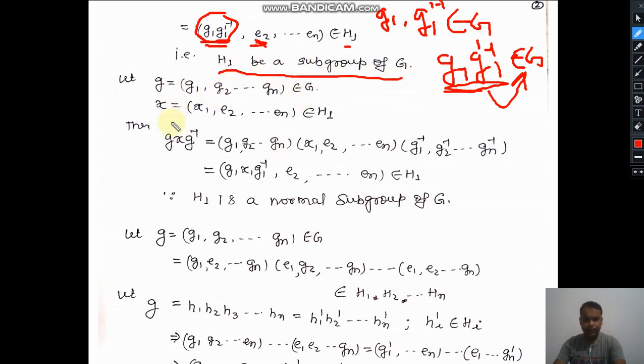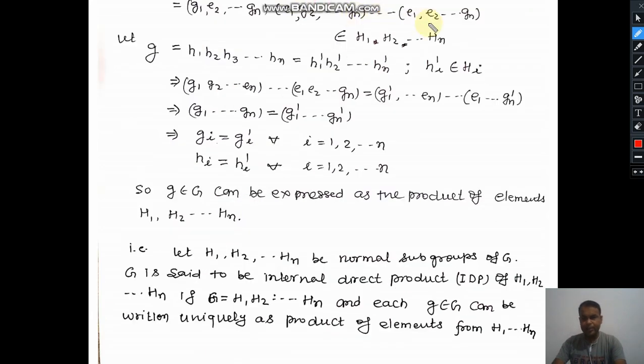Again we wish to show that this is a normal subgroup. So here we are trying to fulfill the definition of normal subgroup, and as per the definition of normal subgroup, XAX inverse must belong to the given set. If this is an element of the given set, then this set will be a normal subgroup. So here we have fulfilled the definition of normal subgroups. You can check the calculation step by step. Hence we can say that this H1 is a normal subgroup.